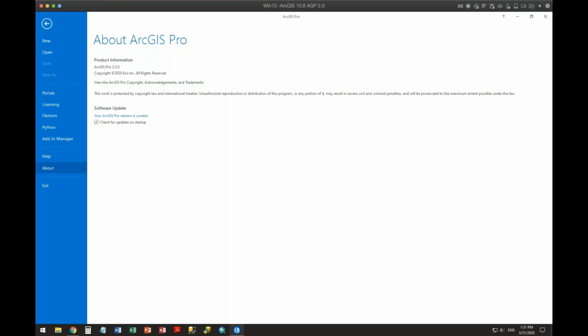The licensing is a little bit different. You utilize a named user versus having a license file stored on your computer. It doesn't have that anymore, which in some ways is actually very nice because we use a lot of virtual machines, and there was nothing worse than having a license file locked on somebody's machine and not being able to access it from anywhere. With Pro, when you log into your license, let's call it a license portal, it then assigns it to you, and you don't have to worry about that as much.